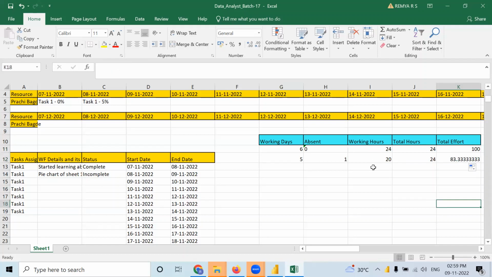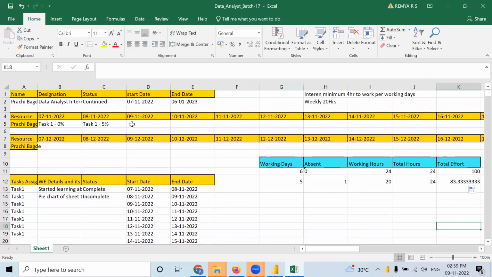So working hour is actually the number of working hours you are working. This is the constant total hour. Yeah, my mistake. I understand. Okay, so this is the thing. Is it clear how to fill it?